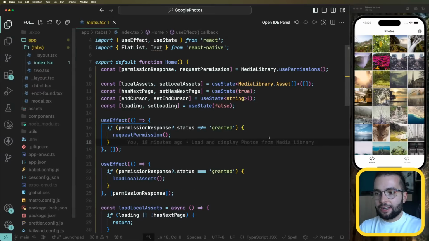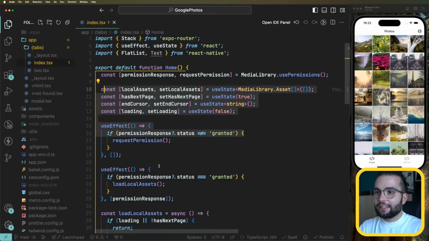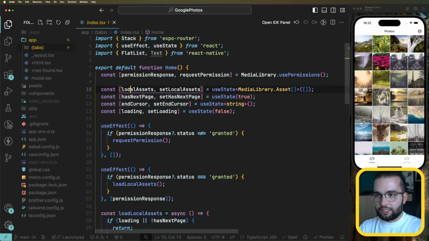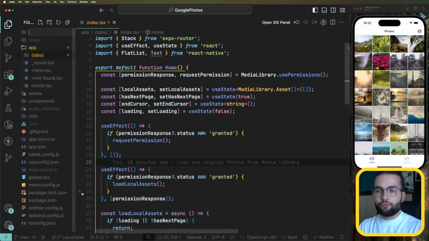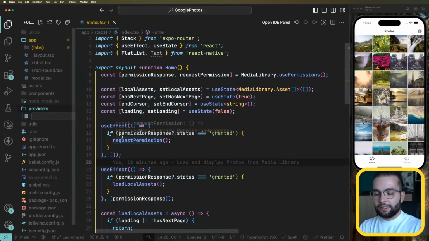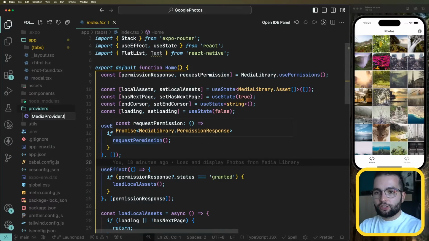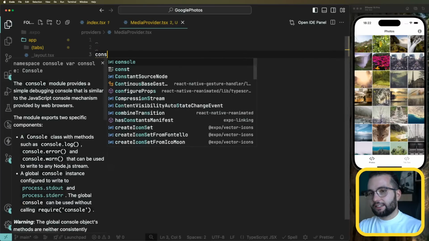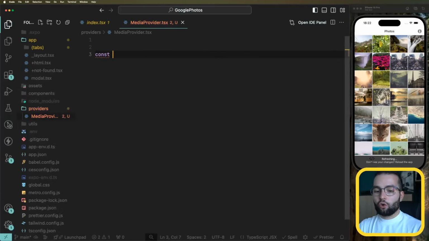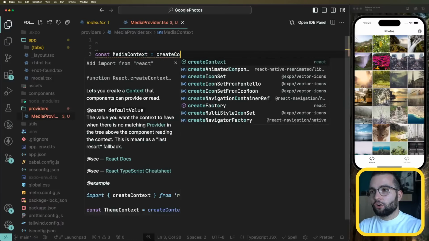So here we have our tabs that handle the data, and I want to move these local assets, has next page and so on, all of this state and logic to a context provider. For that, I'm going to start by creating a new folder called providers, and let's call it media provider.tsx. So a context provider starts by creating a context. So media context equal create context